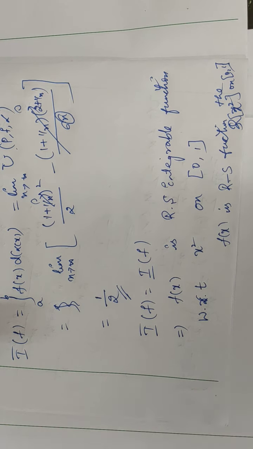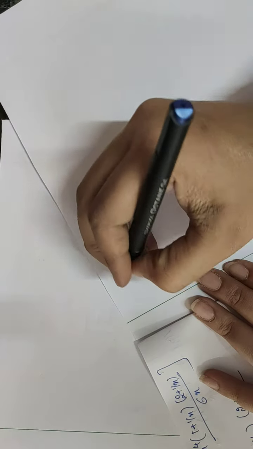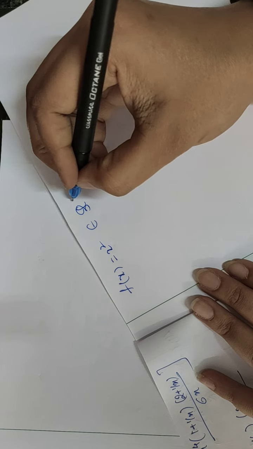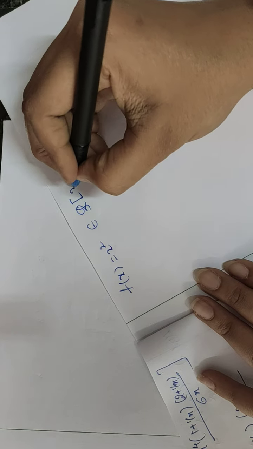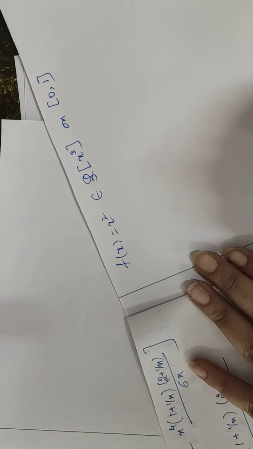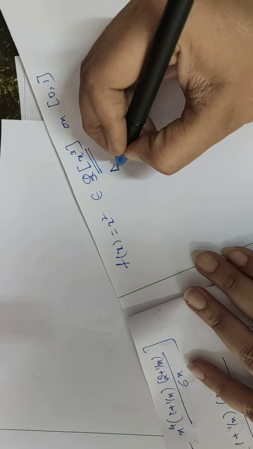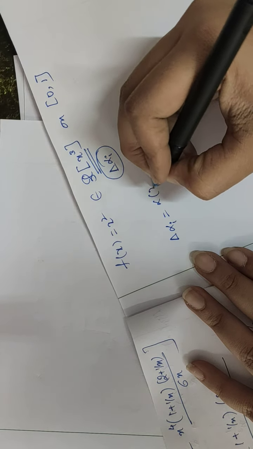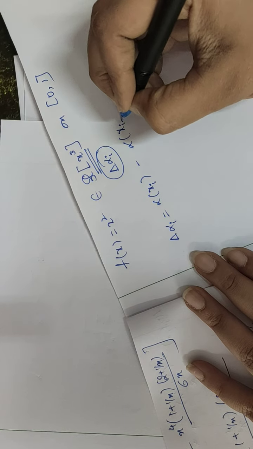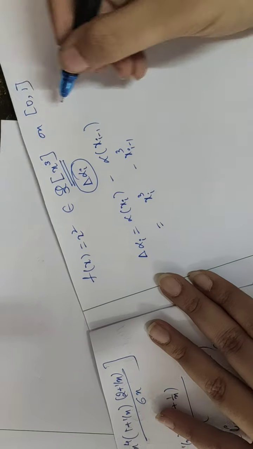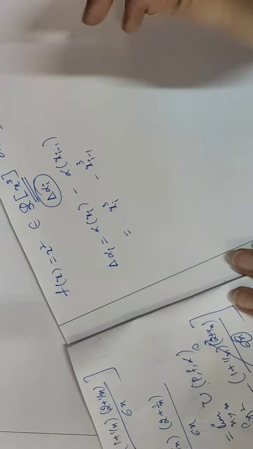So now I will give one problem as assignment. Try that problem. We will discuss that in the next session. f of x is x square itself, and this belongs to Riemann-Stieltjes of x cube on closed interval 0 comma 1. Everything will be same, but you will be getting a different delta alpha i value. This is delta alpha i is equal to alpha of x i minus alpha of x i minus 1. So it will be x i cube minus x i minus 1 cube. Since the interval is also same, it will be